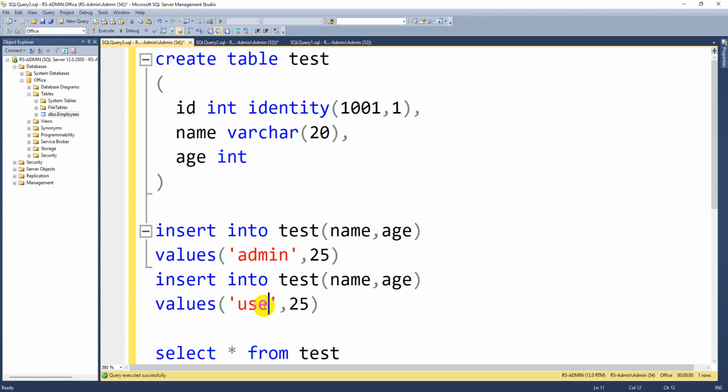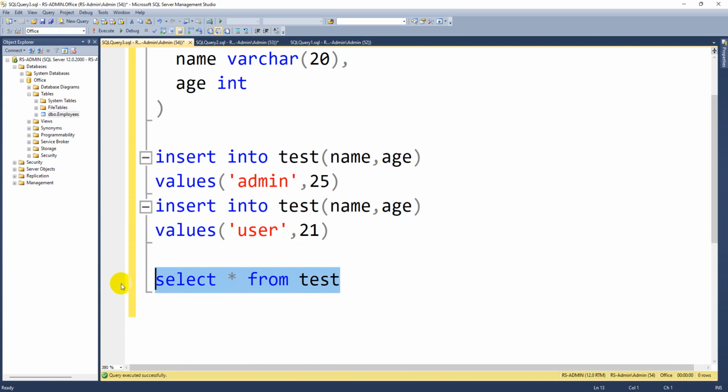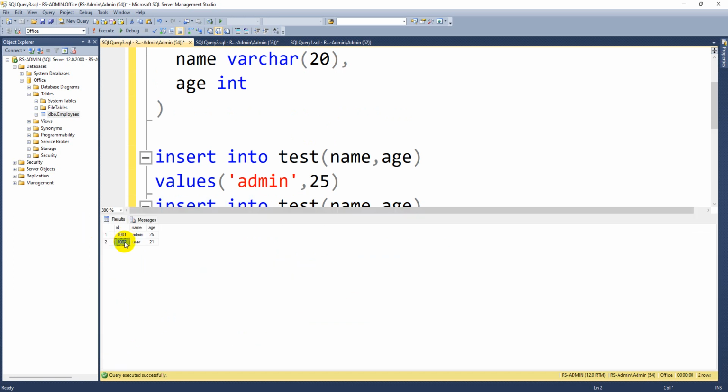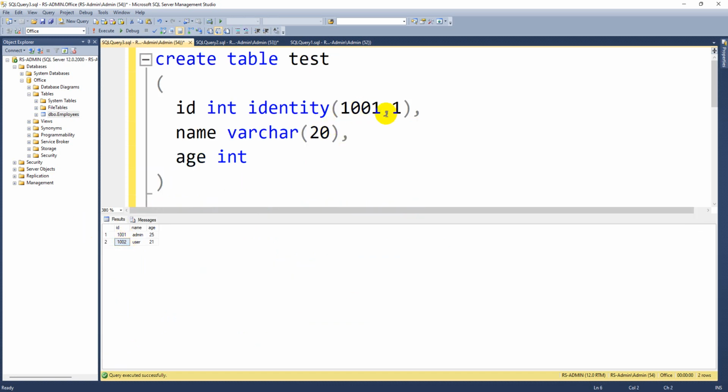Suppose user, some 21. Again let's execute. Now if I go to the table, you can see it became 1002 automatically because every time it is going to increment by 1. So as of now that's okay, no issues at all.